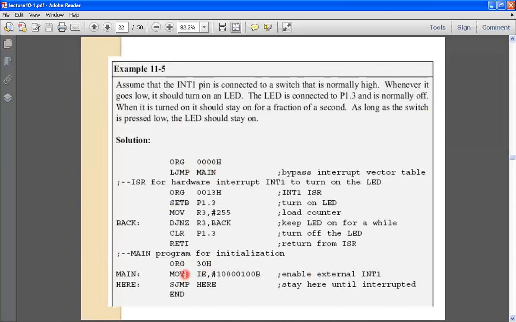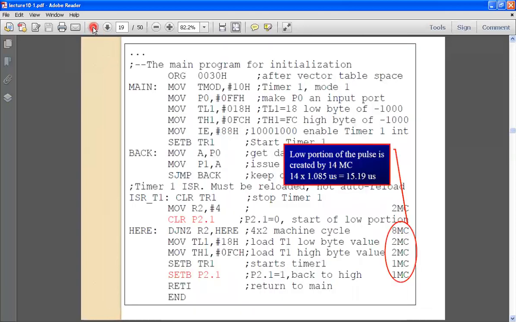Then what is important here is only the IE register. How to enable the IE register for external interrupt pin INT1. So here IE's value is 10000100. Here the D2 bit is equal to 1 and the rest are 0, except EA equal to 1, because here we are using external interrupt INT1. So let us observe this IE register again.